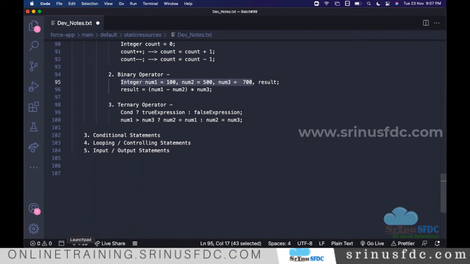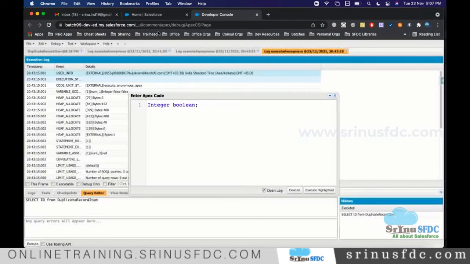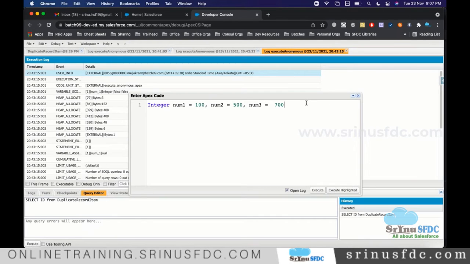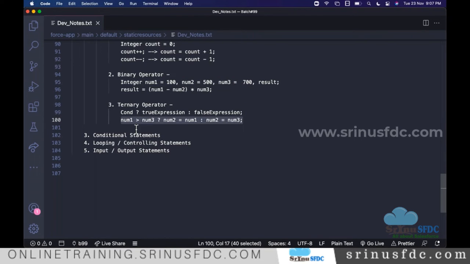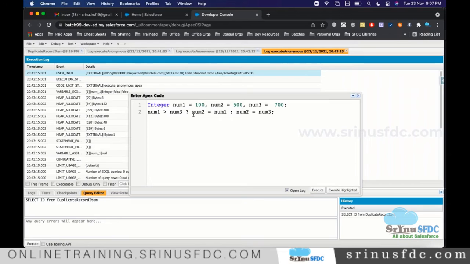Okay, maybe to really verify, copy this and go to this tool. Developer console, debug, open execute anonymous. Define all these variables. Now we have these 3 variables, right? So now this is the condition we are keeping. After executing this, I want to know what is the value of number 2.